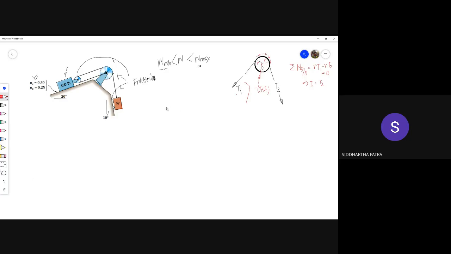So we have to draw the free body diagram of both bodies. Let's say the 100 lb body, let's call it A. For this one, there is a downward force of 100 lb. Okay, and this side makes an angle of 20 degrees with the horizontal. So normal to that,